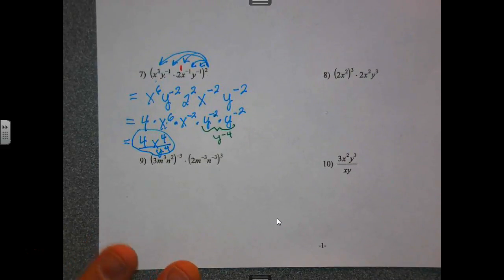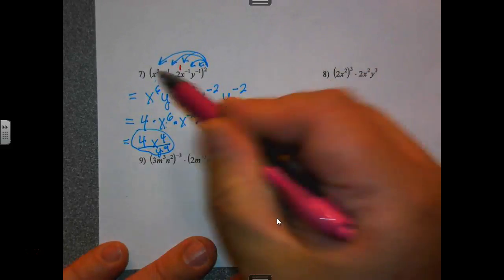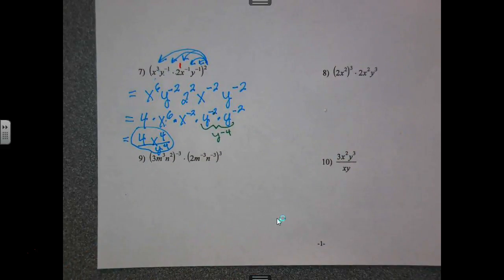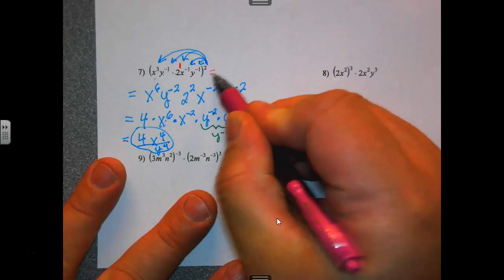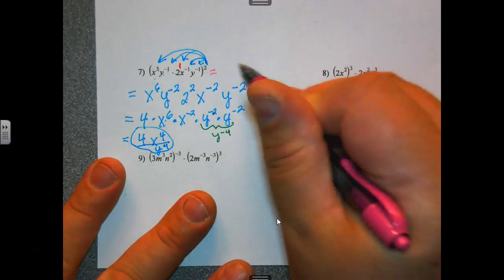Now, there is another way to do this problem. And for some students, it's easier for them to do it this way. This is in parentheses. Remember PEMDAS? I can do parentheses before exponents, right? So I can do it this way too. I have 2 to the first,